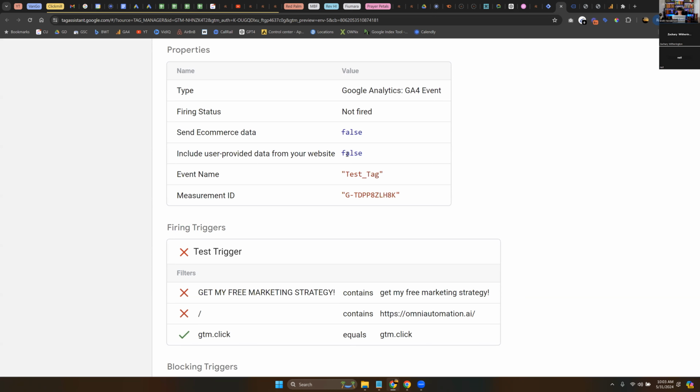So those conditions should actually match. This does not match. Get my free marketing strategy contains get my free. There needs to be something wrong with this. It needs to be caps. All right. So those filters, we can easily fix this, but for some reason,